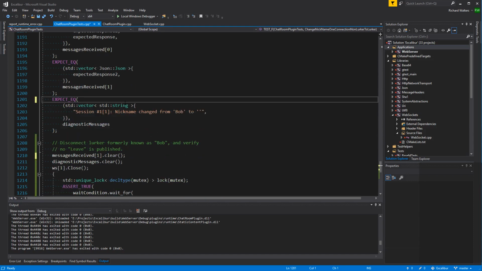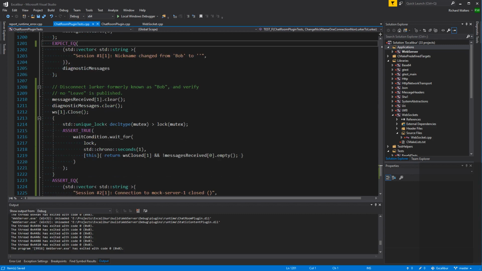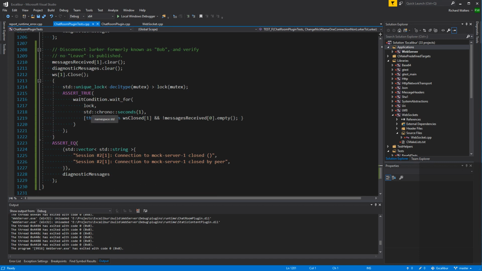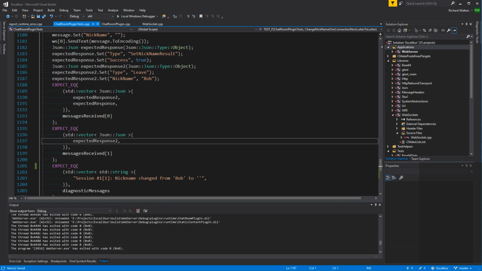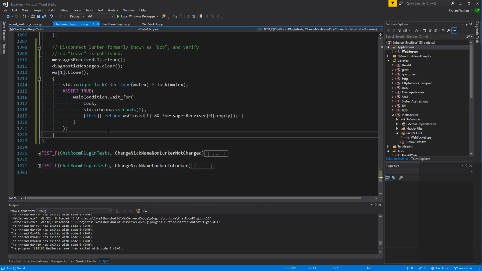We don't need to use the third connection. So we close. I don't really care about the diagnostic messages. What I do want to make sure is we do not receive any message from 1.